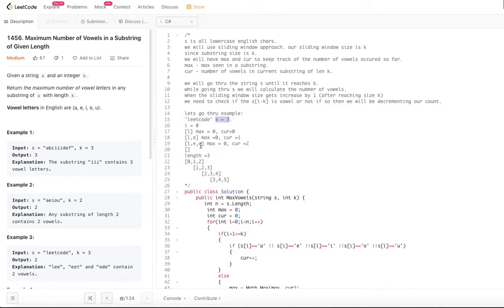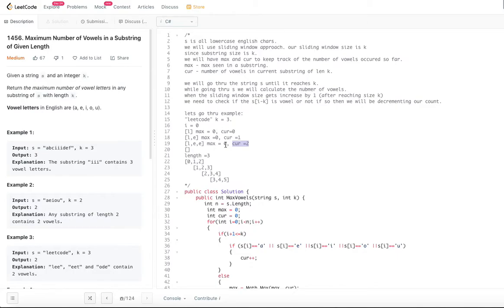So if we add one more, what is the logic that we are going to use? Forget index 0, that is L, and add index 3, which is T. So we forget L and add T, giving E E T. But before that, cur is 2 and max is 0.